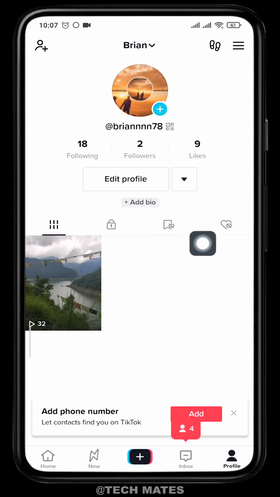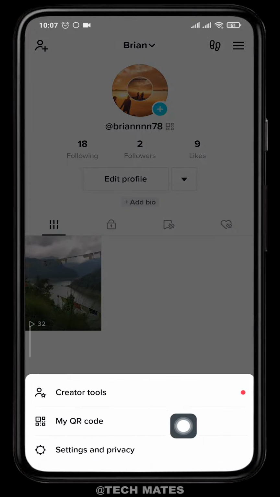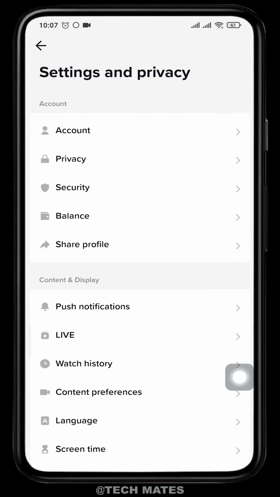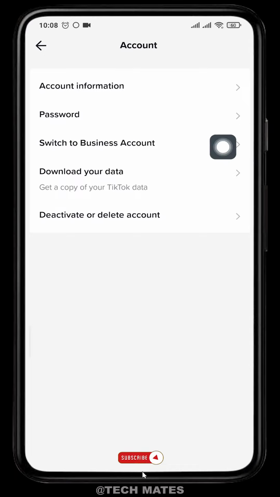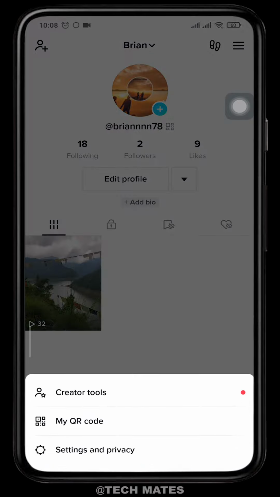From here, you'll need to tap on the three lines on the top right and then tap on settings and privacy. Now you'll need to tap on account and you'll need to switch to a business account. After you're done switching to a business account, you can again tap on the three lines and there you'll see